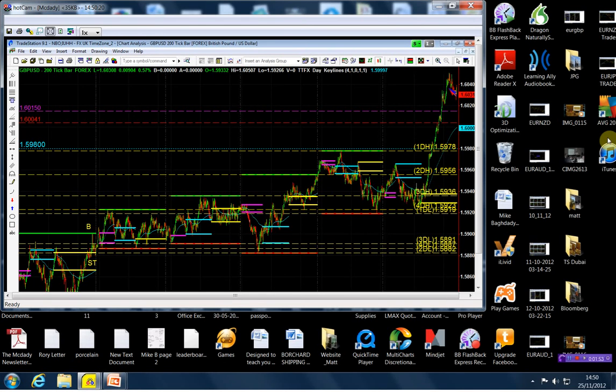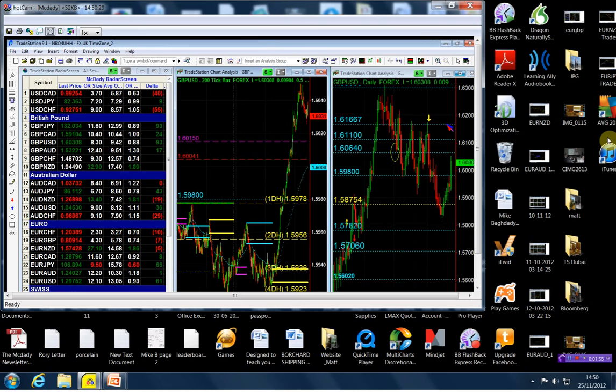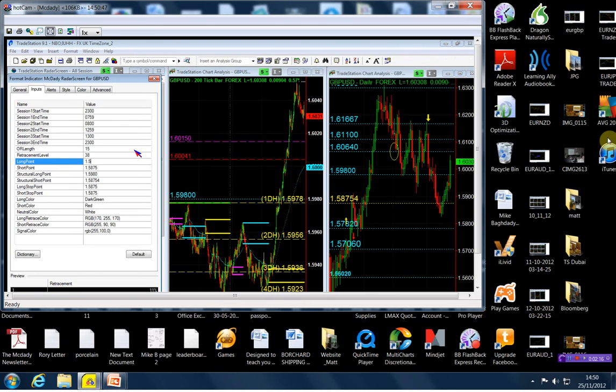The high of the day is 160.50, and the next structure point is 160.64. So we'll play it by the rules. So we will buy this above 160.50, which is the high of the day. We have a structural long point at 160.64, and if I buy it at 160.50, I'm going to place my stop